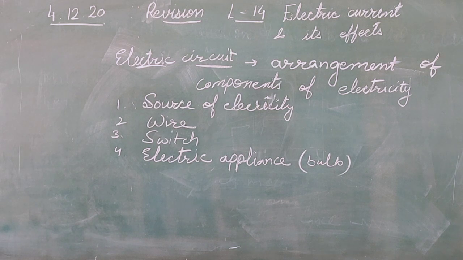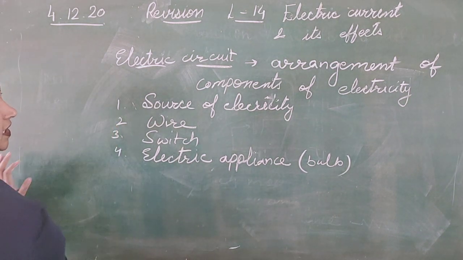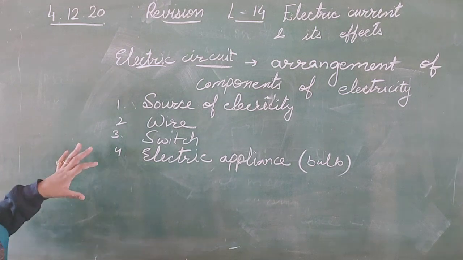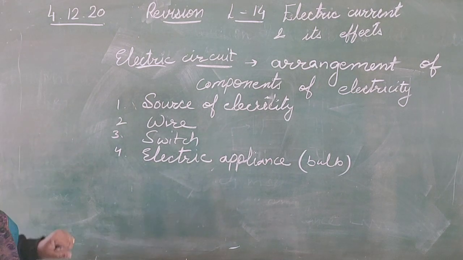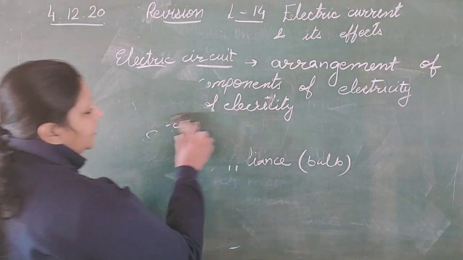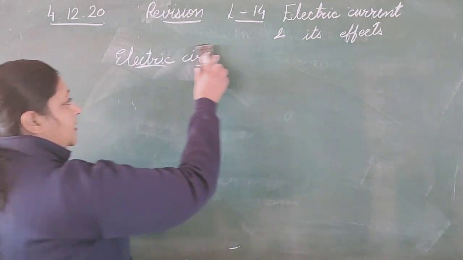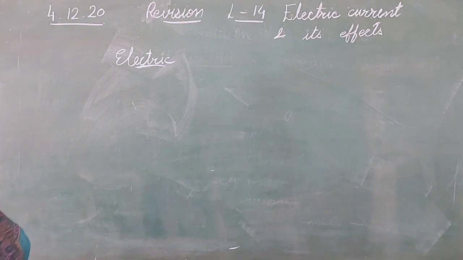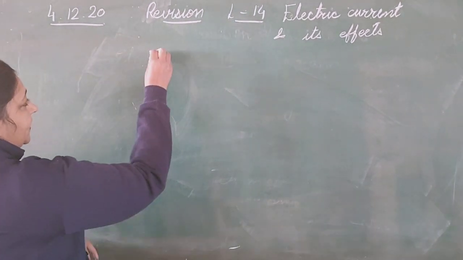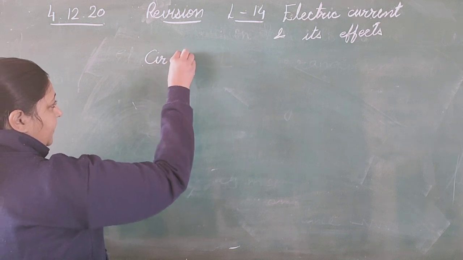So it is clear. After this, it is quite tough to draw such a circuit as it is. So we will draw an electrical diagram of this electric circuit. We will draw a diagram of the electric circuit that we call a circuit diagram.